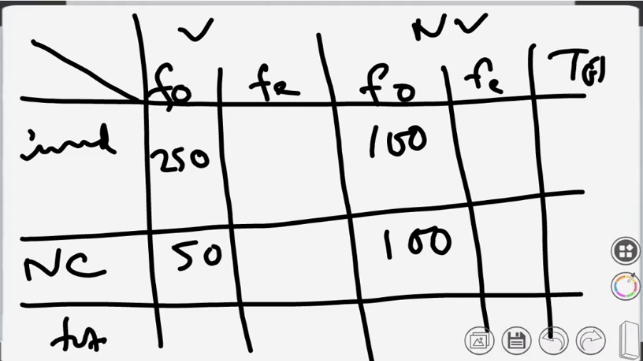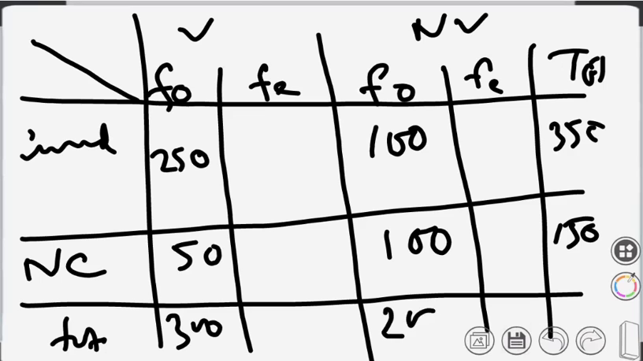So B means vaccinated, NB means not vaccinated, C is cured, and NC is not cured. So we have the observed data as vaccinated cured 250 and vaccinated not cured 50. Not vaccinated cured is 100 and not vaccinated not cured is also 100. So that's what I have said. So here the row total is 350 and here it is 150, and the column total is 300